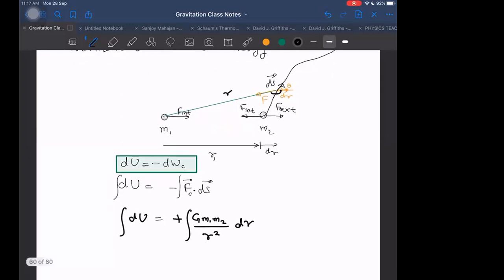Potential energy is increasing. Now you may think that we are assuming m1 to be fixed, but m1 may also be moving. Fixed means I am holding m1 and I am just moving m2 relative to m1. We can think in that way. That is one way of thinking. Another way of thinking is that I can keep m1 to be like Earth, which cannot move much. If the particles are moving away, it will move slightly. It will not move much, so it has not much impact due to the gravitational force. Therefore, I can think it has much larger mass. That way also we can assume it to be fixed. So assume in whatever way you want, but assume m1 to be fixed.